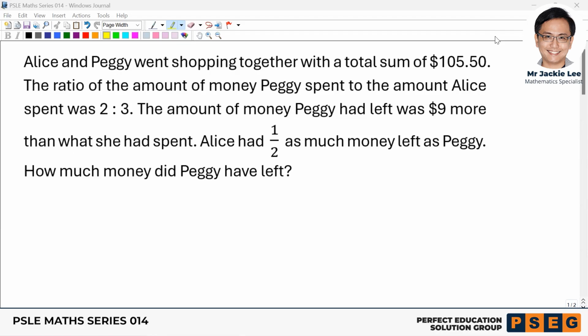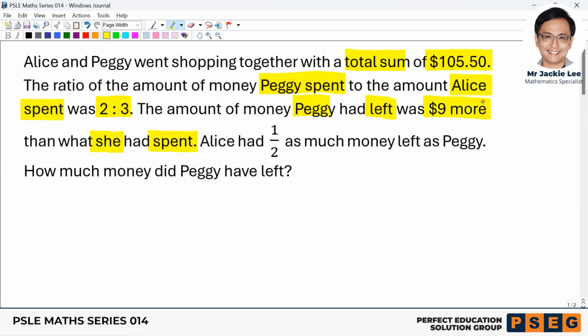In this question, we have 4 pieces of information. Alice and Peggy, the total sum is $105.50. Then the ratio of the money Peggy spent as compared to Alice is 2 to 3. And for Peggy herself, the amount of money left behind as compared to the amount of money she spent,